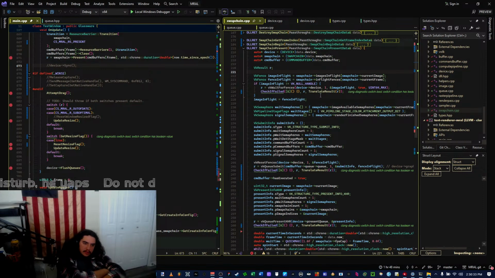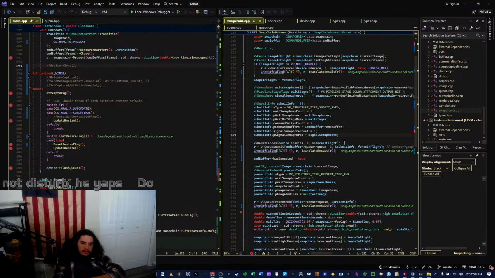Let's see, image and flight. Wait stages, command buffer, signal semaphores.